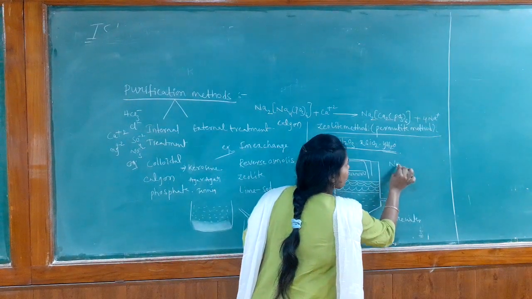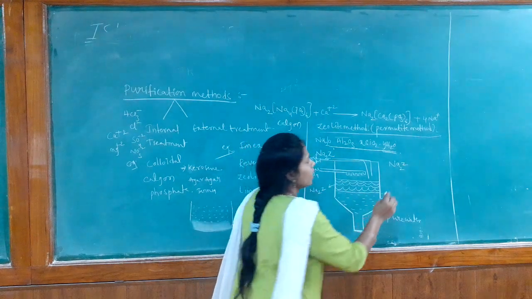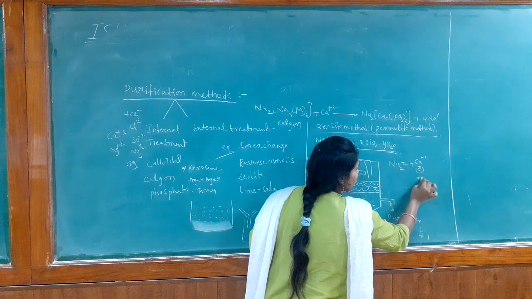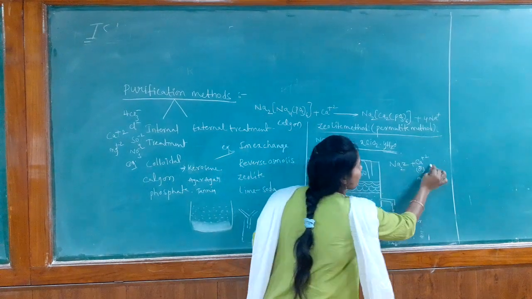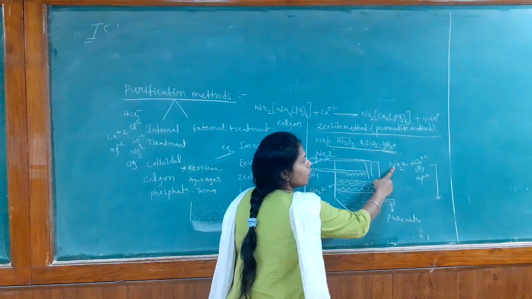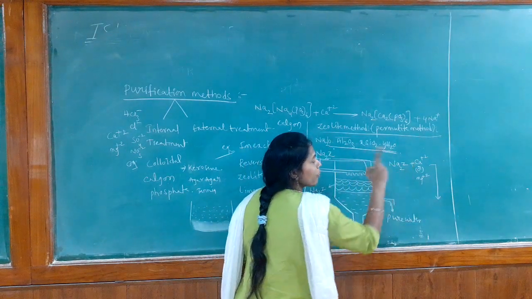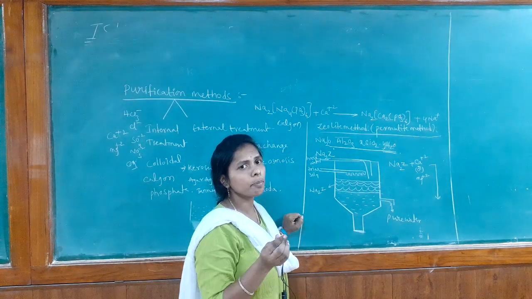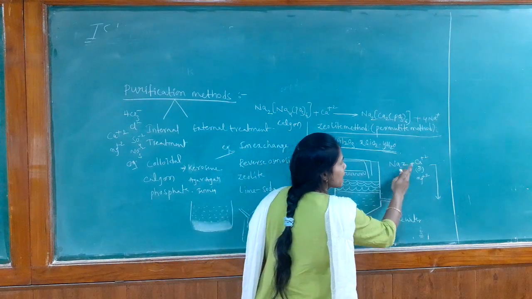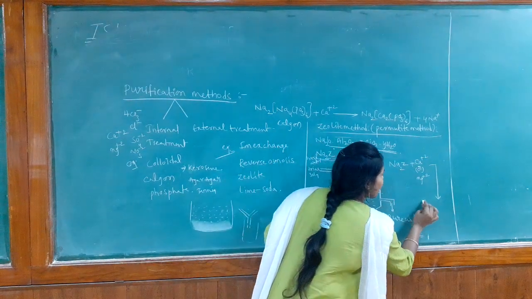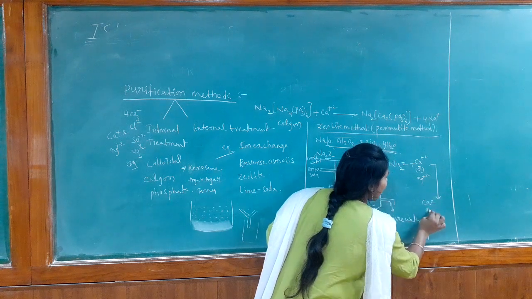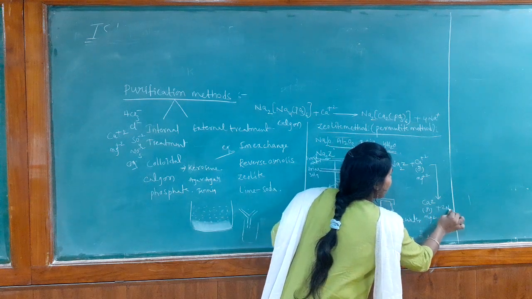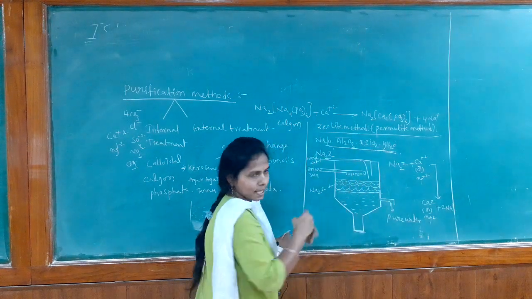What is the zeolite formula? Na2Z. It removes calcium plus 2 and magnesium plus 2, but here I am mentioning calcium plus 2 or magnesium plus 2. Here 2 Na can be replaced with 1 Ca, because Na has plus 1 charge and calcium has plus 2 charge. So we can write calcium zeolite or magnesium zeolite. Along with that, the 2 Na plus ions are released into the water sample.